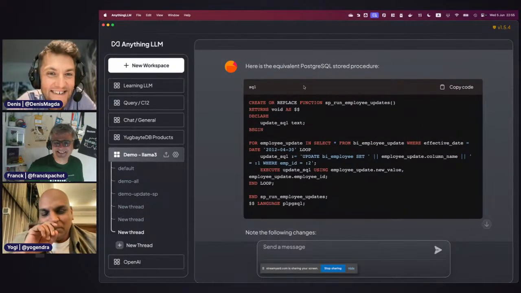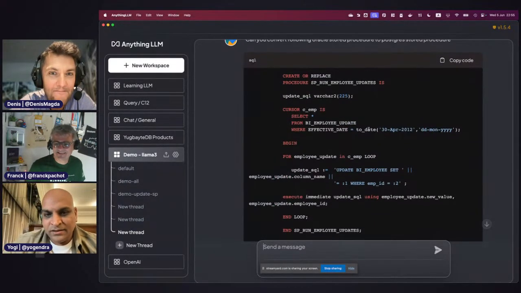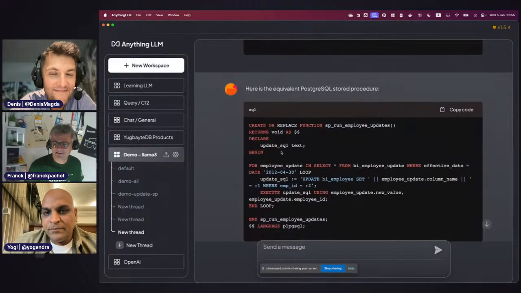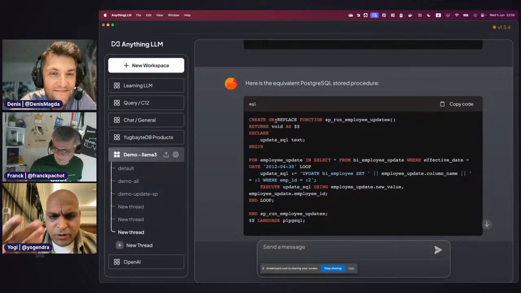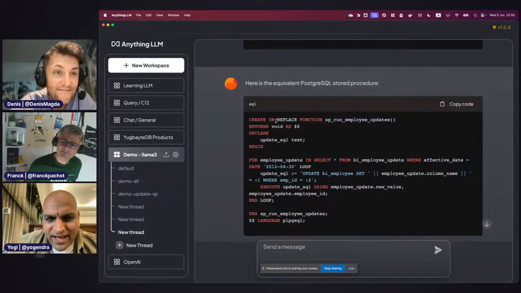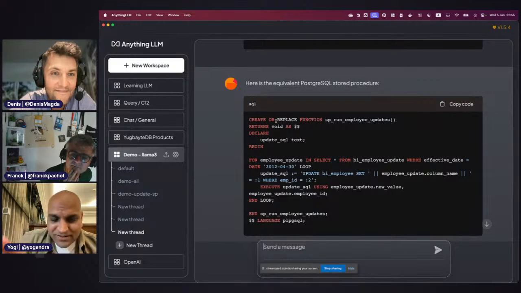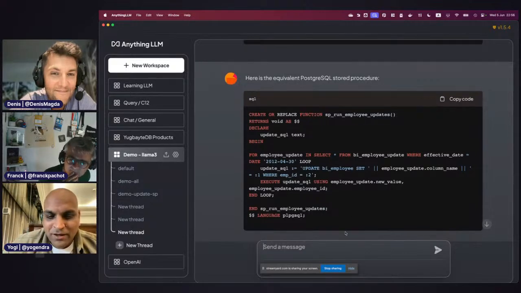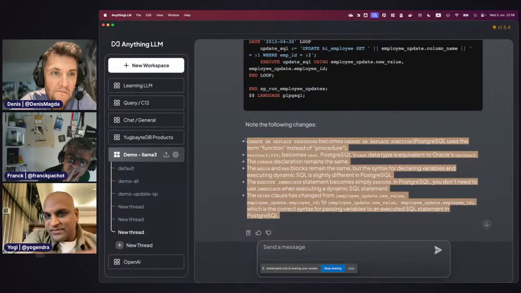So given that particular context, just that question and the sample procedure here, this is what it actually produced. And to my human eyes, it looks syntactically correct. It's actually quite well formatted, and it has the right sort of coloring for my taste. That is good. And the good thing is, it also gives me the context: this thing becomes that, this thing becomes that, this thing becomes that.